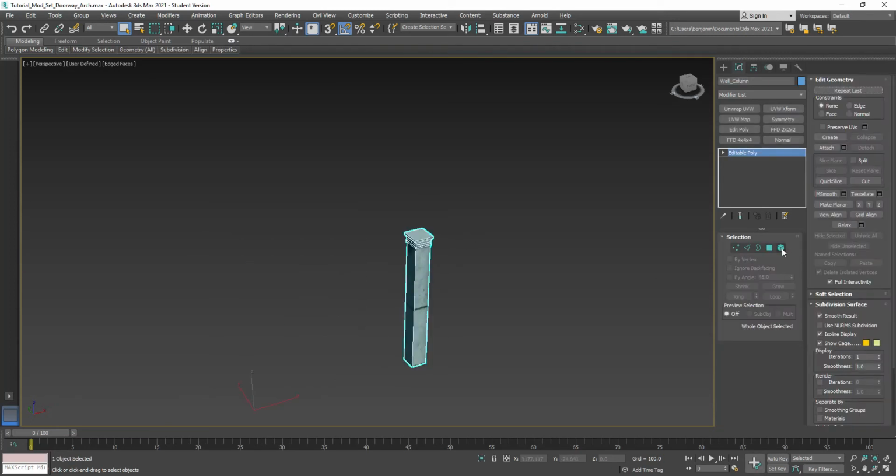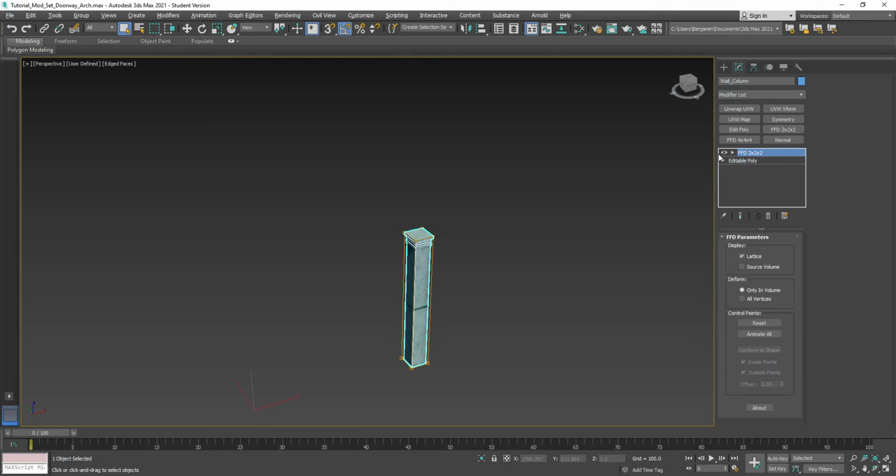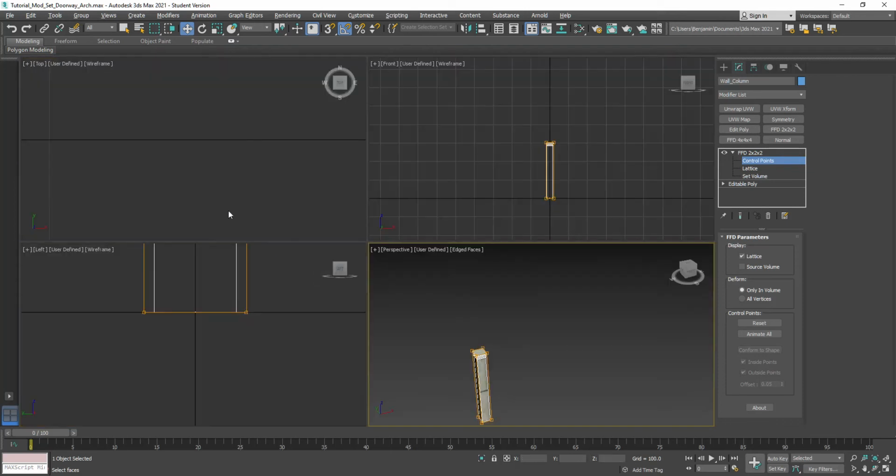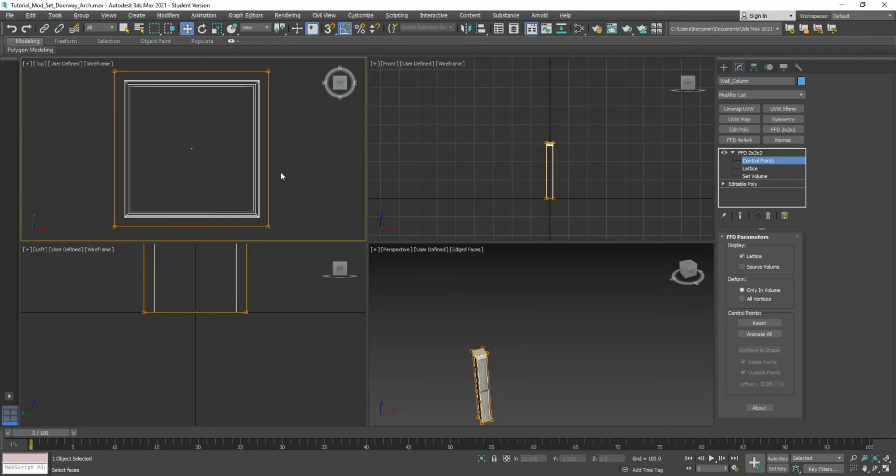So let's put an FFD 2x2 on it. Go into Control Points, grab everything, and then in Move Mode, just zero out X and Y. Right, so that's gonna center him out here. All right,